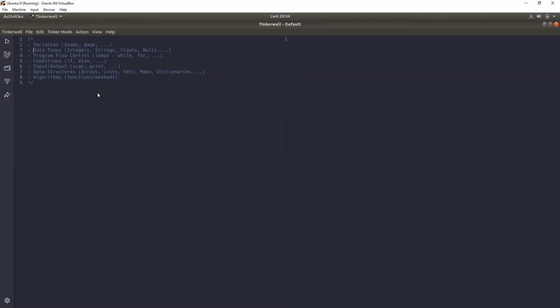Then we have conditionals. A condition is like you ask, is this true or false? If it is true, what should I do? If it is false, what should I do? In such cases, we can use things like if statements. An if statement has the if part and then the else part, or it can just have the if part. For example, you have two numbers and you want to compare them.